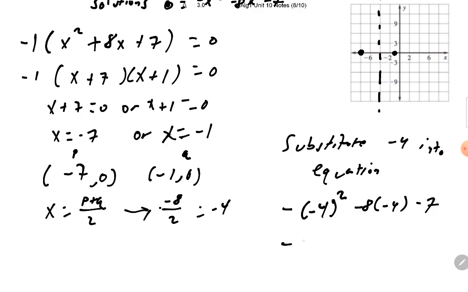So this will become negative 16 plus 32. Negative 8 times negative 4 is a positive 32, minus 7, which becomes 9. So (negative 4, 9) is my vertex, and make my U to be